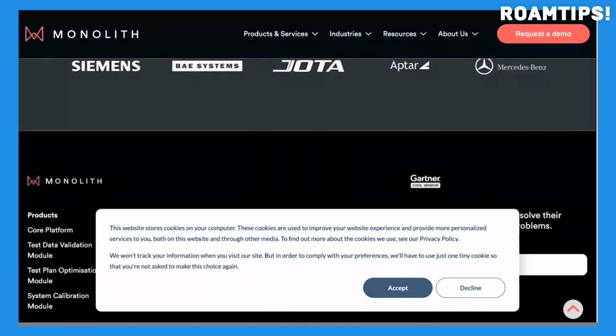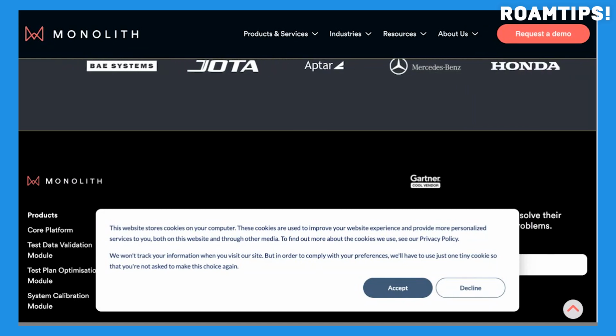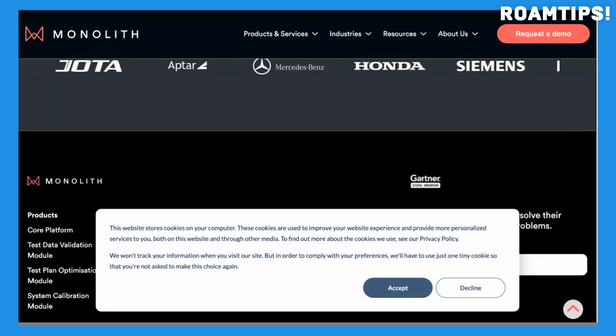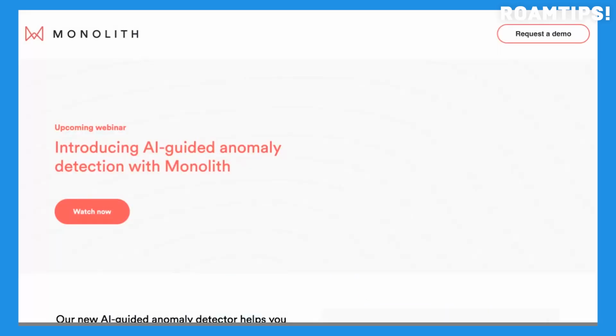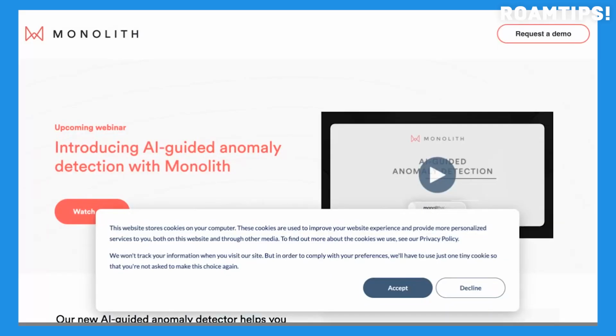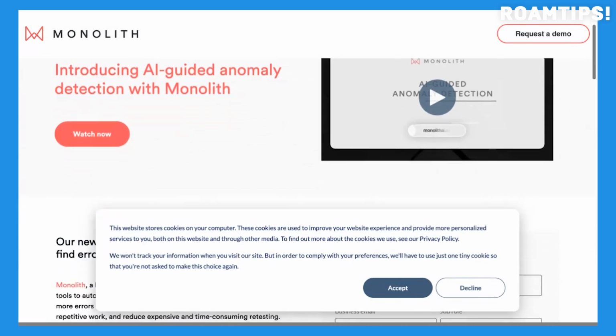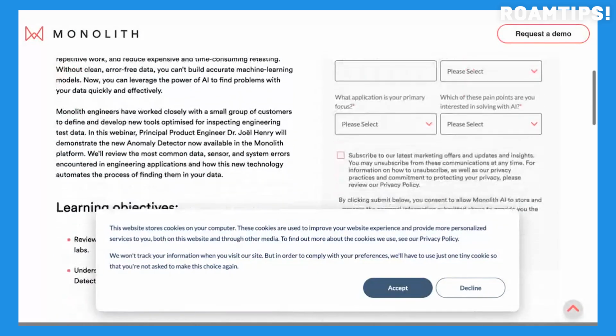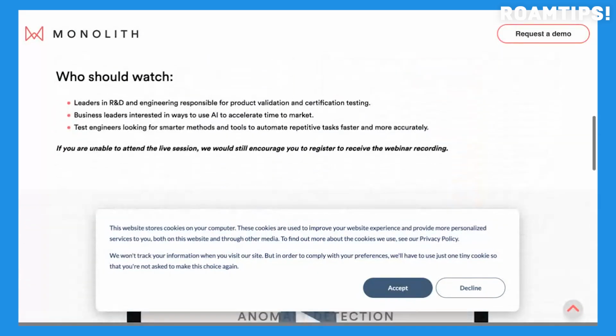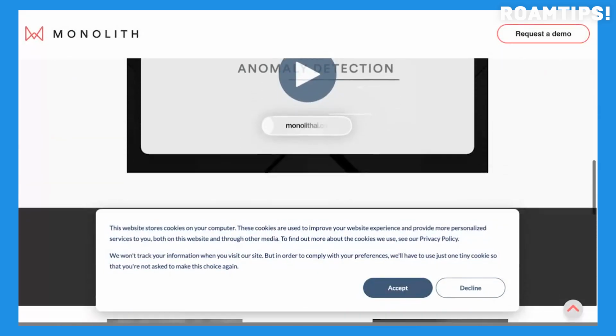Monolith AI caters to a wide range of engineering disciplines, from aerospace and automotive to consumer electronics and energy. Its flexible platform adapts to different simulation types and data formats, providing a unified environment for managing and analyzing engineering data. The ability to visualize and interact with the predictive models helps engineers gain deeper insights into design performance and identify areas for improvement. Moreover, the collaborative features of Monolith AI facilitate knowledge sharing and teamwork among engineers, further enhancing